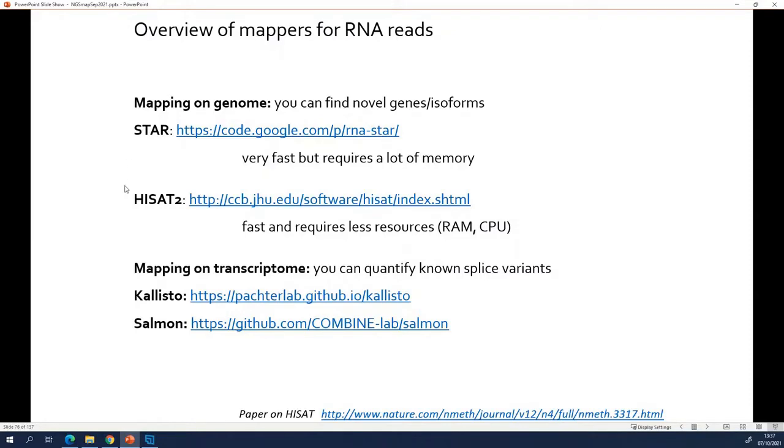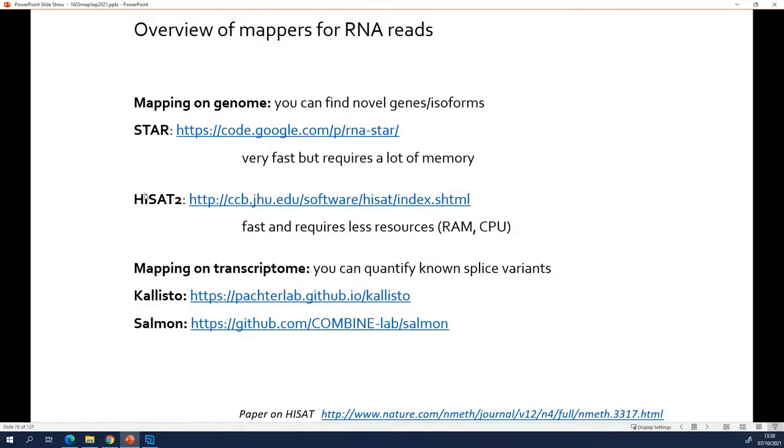Well, they do more or less the same thing. There's one difference. It's how they handle the genome sequence. So STAR tries to put the entire genome sequence in the memory of your computer. So for human and mouse, this is tricky, of course. It's a huge FASTA file that it tries to fit in the memory of your computer. So it needs a lot of memory to work. And on a regular laptop, it will be very slow.